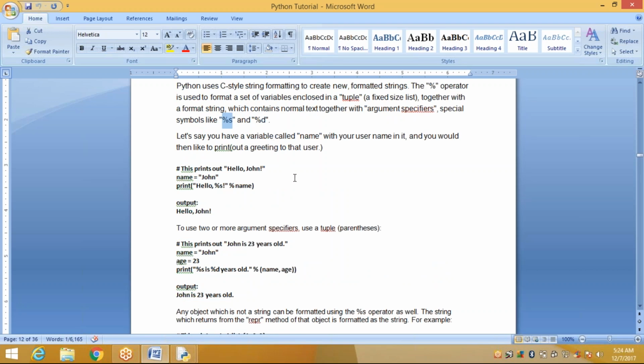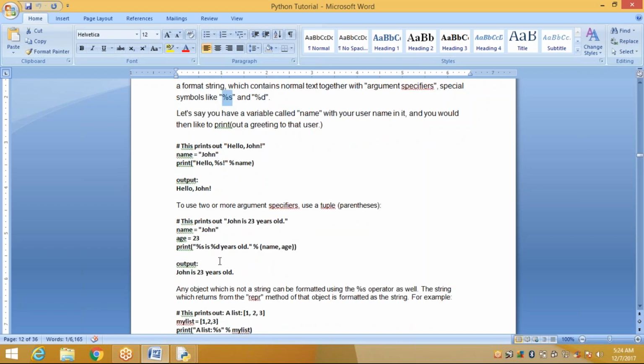To use two or more argument specifiers, use a tuple, a parenthesis. See here, John is assigned to name and 23 is assigned to age. Now you want to print %s is %d years old within the quotes.